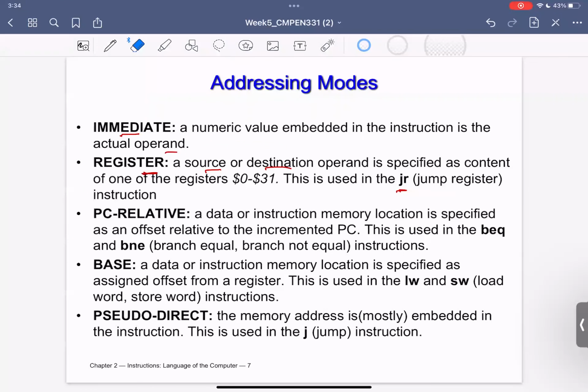Program counter relative is what we had with the branch equal and the branch not equal. Base address is the example that we had earlier for the load word or store word, meaning that you have an address that is written in a particular register, and then you add to that address a certain constant. This is what we refer to as a base address. Pseudo direct is how we would do that with the jump instruction.